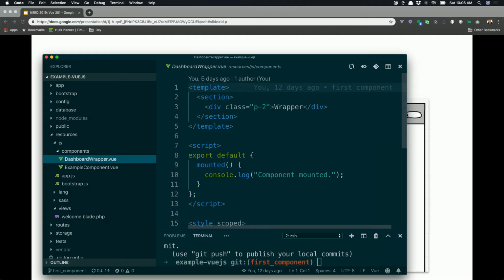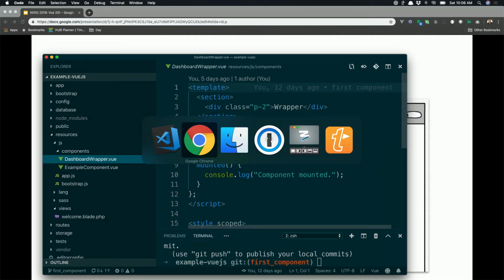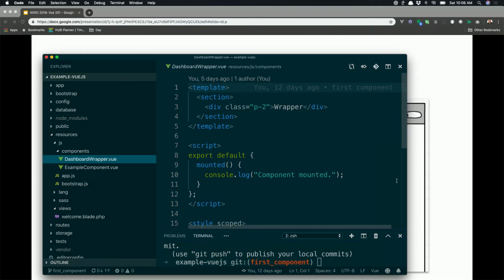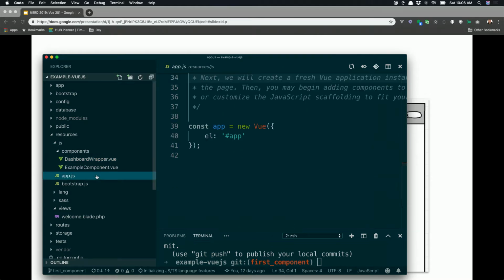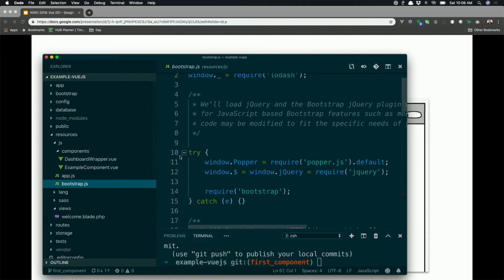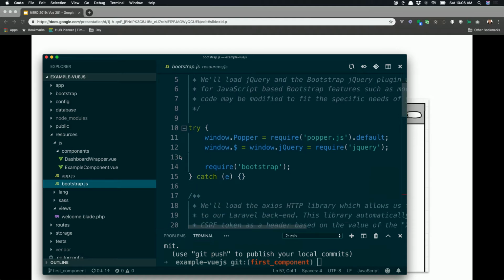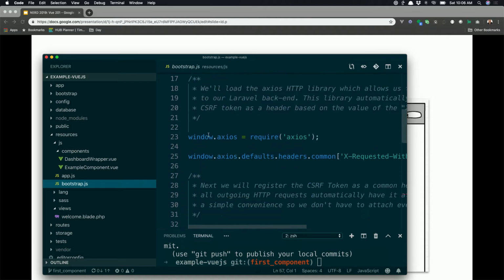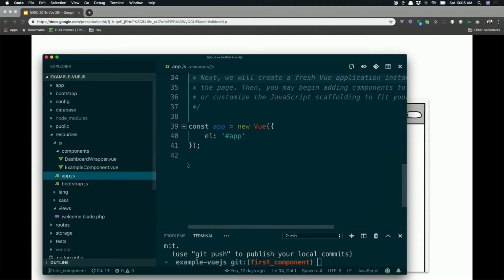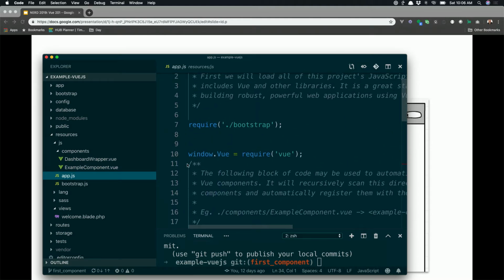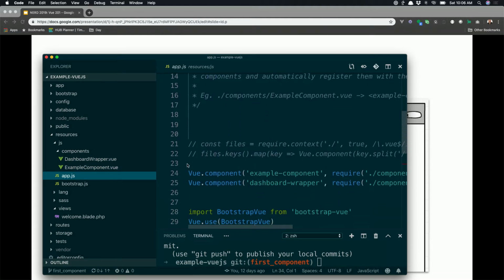Now, to get anything to work in JavaScript, you have to tell it that it exists. So when you use Laravel Mix or anything, you're going to have a bootstrap file, and that bootstrap file will start pulling in a lot of your libraries: Lodash if you want it, it will set up jQuery if you need it, and it will set up Axios, which we're going to use to make calls. So this file brings in all these libraries we need. They just put it in there to keep it nice and clean so you can focus on your components. And so what I'm going to do here is load a component.